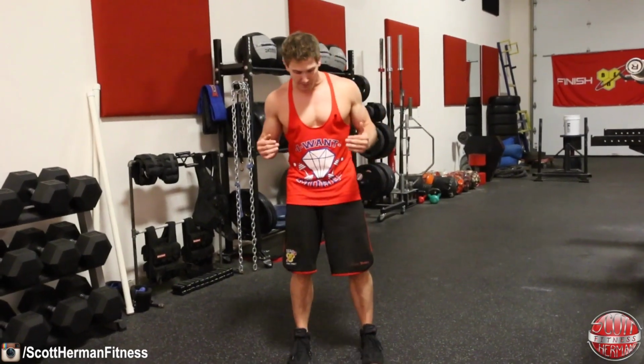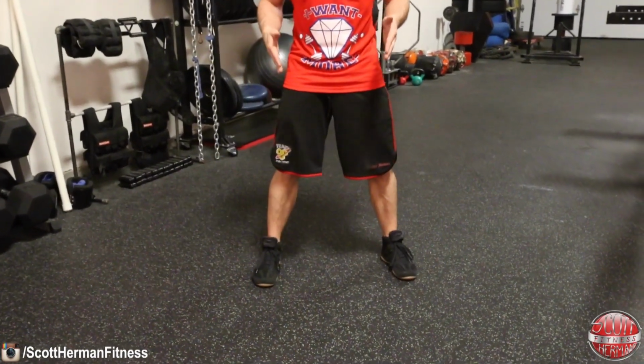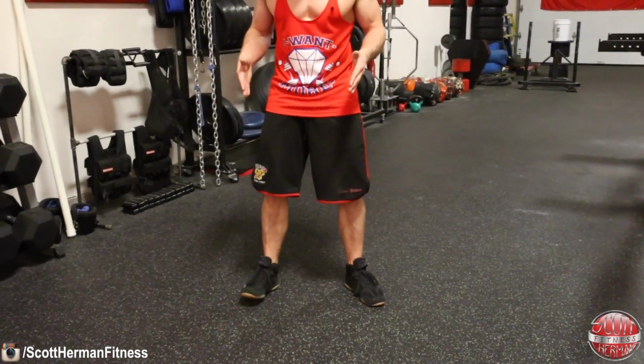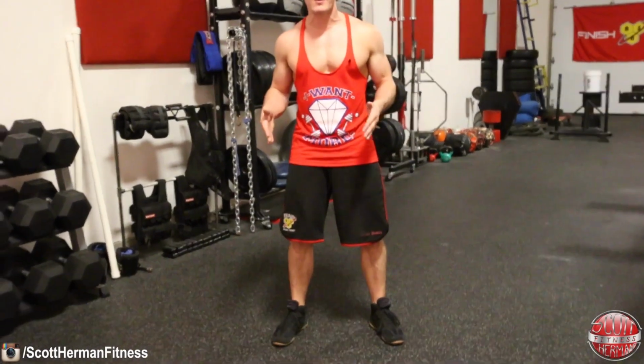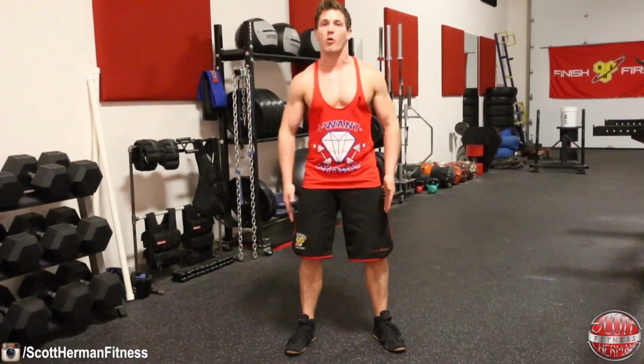An easy way to fix this might be just take your form. You might have a bit of a narrow stance. Either get a bit wider with your stance or turn your toes out slightly just like this. That way when you squat, your knees will follow your toes on the way down and on the way up,